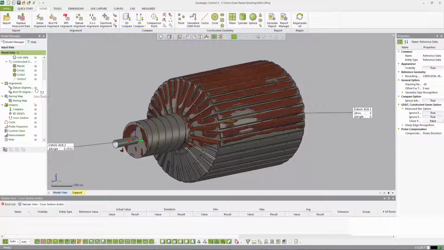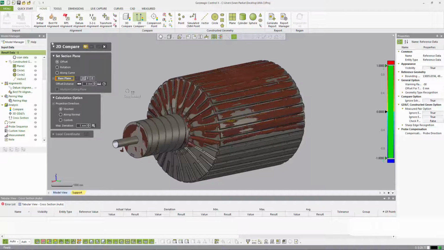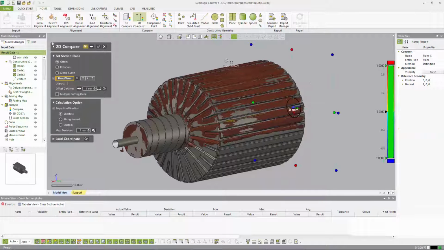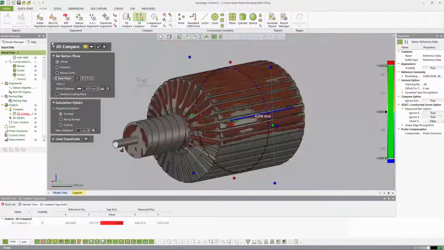Alright, so I'm going to hide my datum alignment here, and then I'm going to just do a real basic 2D compare on my x-axis, and I want to validate the quality of my alignment here. I'm just going to do that with a 2D comparison. So throw something right down the center of the part, always with mils here. We need to change this number, max deviation, anytime we run a 2D or 3D comparison, because this is a scenario where we're going to have a lot more deviation than the software is initially looking for. So if I change this to something like 50 millimeters,